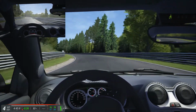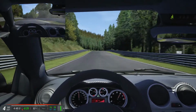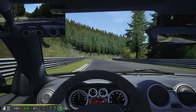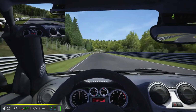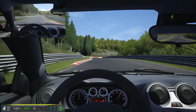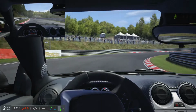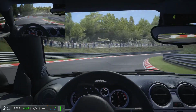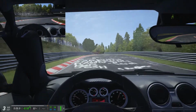I learnt here that all I've got to do is shift down to 4th, and right near the red line of 4th we are good for this section. I tried previously in 5th and it just didn't work, and 5th was sort of bogging down a lot more, so I needed that power up the hill to get the car going and keeping it around the 98-99 mile an hour